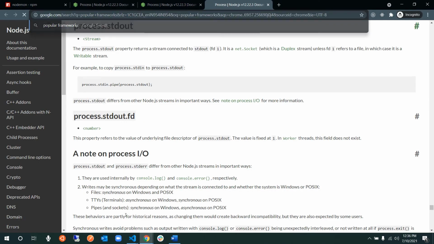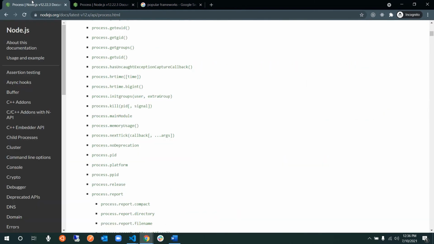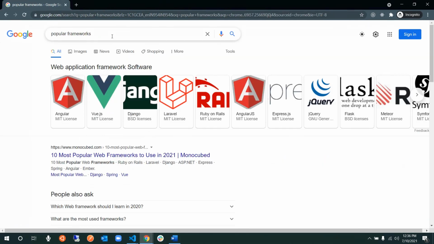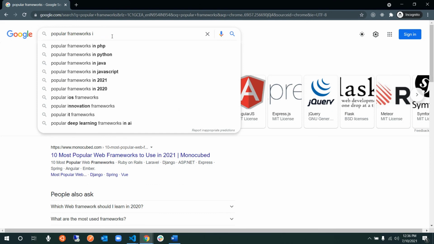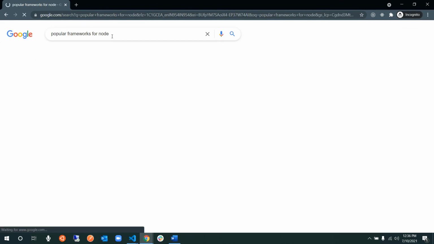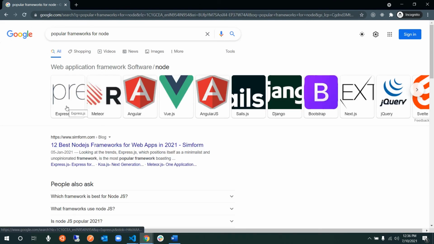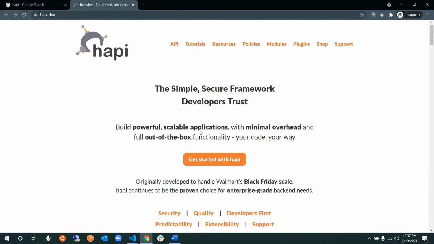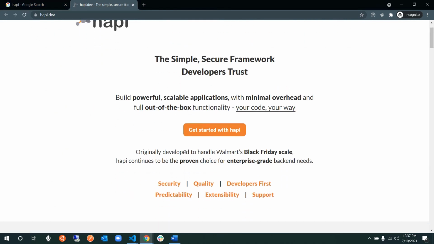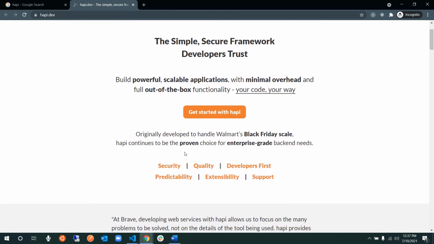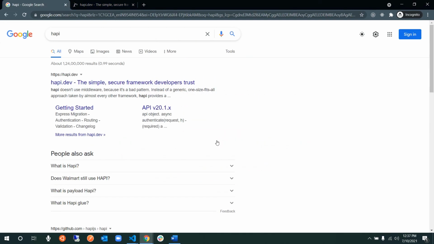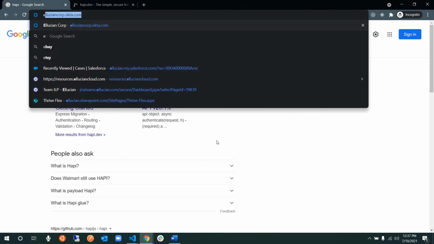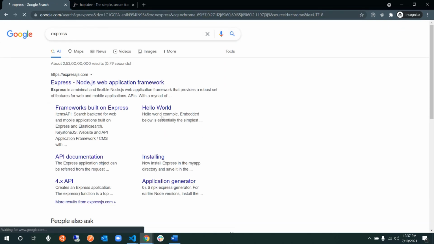Express is the most talked about framework, and then you also have something called Happy, Happy.js. This is also one of the frameworks that you can use in backend. So the most talked about one is Express, so that's what we'll go ahead and then start using.